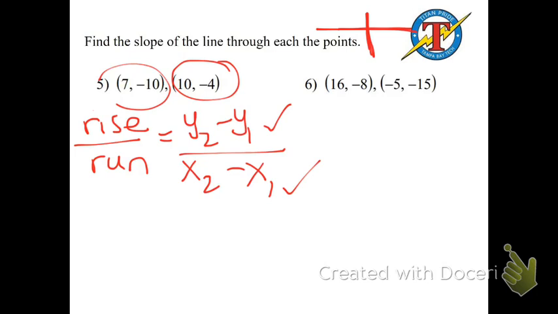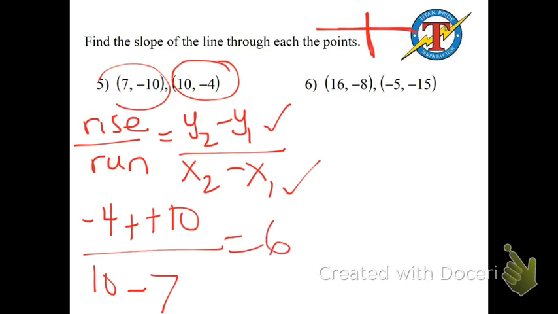Okay, so subtracting the y's, -4 minus -10. Subtracting the x's, 10 minus 7. Okay, -4 plus 10 would be 6. 10 minus 7 is 3. Simplify, you get 2. Now, FYI, if we had done that problem in reverse, I did -4, I did the